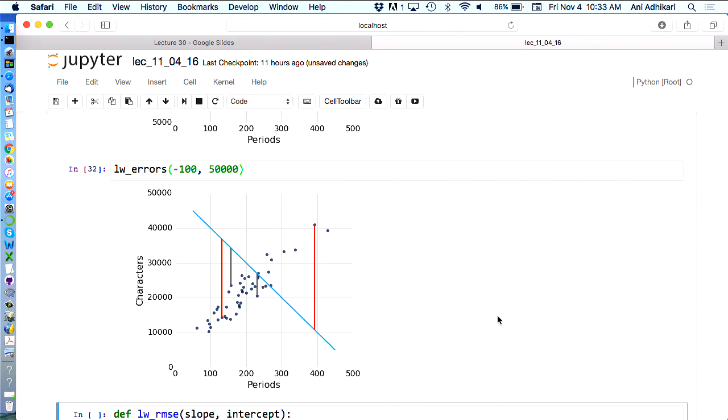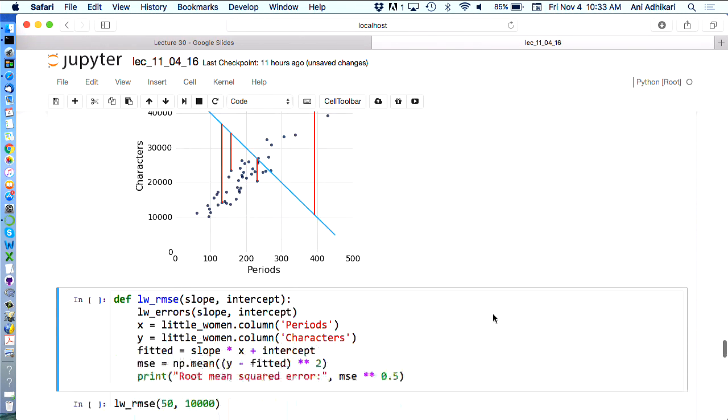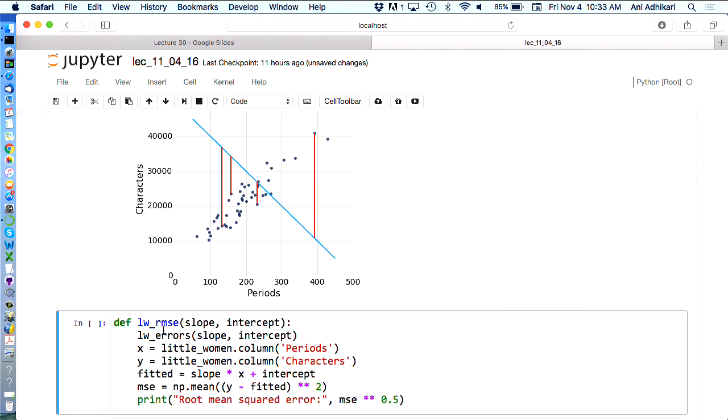So we're going to calculate the root mean squared error for each of these lines, and this is where a computer is really handy. Because for each of these lines, there's a prediction, there's 40-something points, there are 40-something errors, and you have to square them and do the whole works, and then you do that for every single line, and there's rather a lot of lines, so it's good to have a computer. And it's also good to be able to define a function. How about defining RMSE? We're going to define the root mean square error when you use this slope and this intercept.